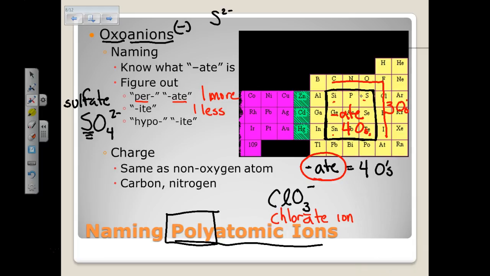And so if we're in here inside the box, and it has 3 oxygens, the ending for that polyatomic ion would be ite. And then hypoite, 2 less oxygens. So if we are inside the box and we have 2 less oxygens than 4, so if we have 2 oxygens total, which is 2 less than 4, it will have the hypo prefix and ite